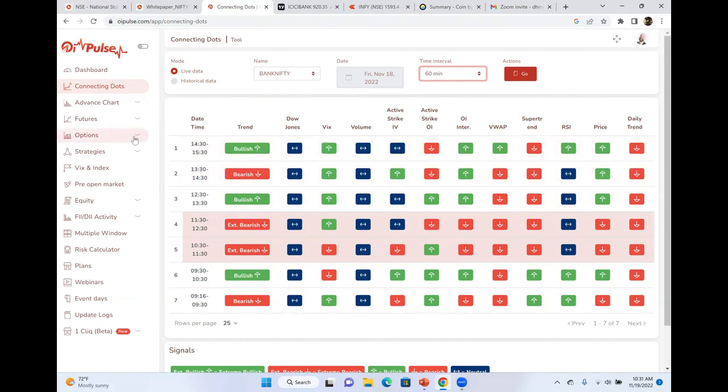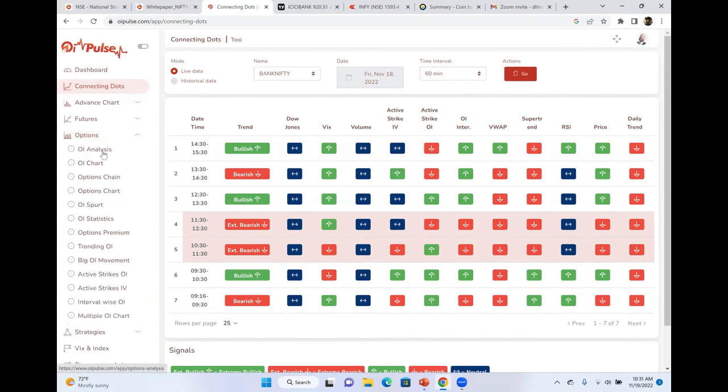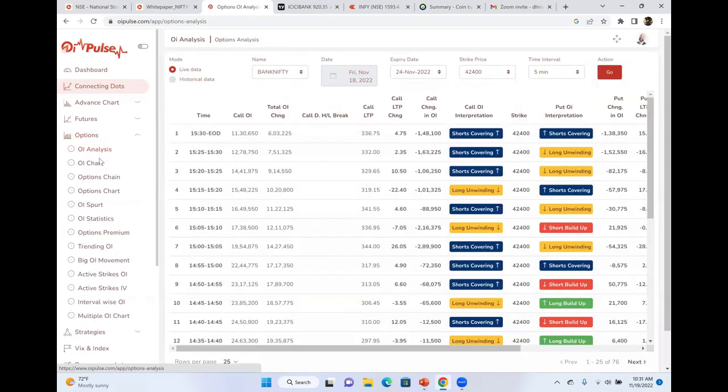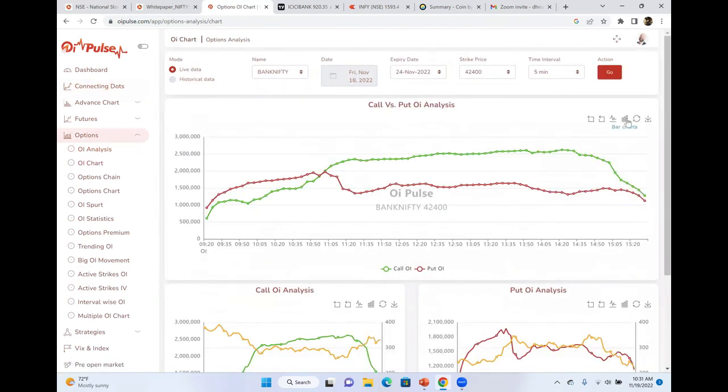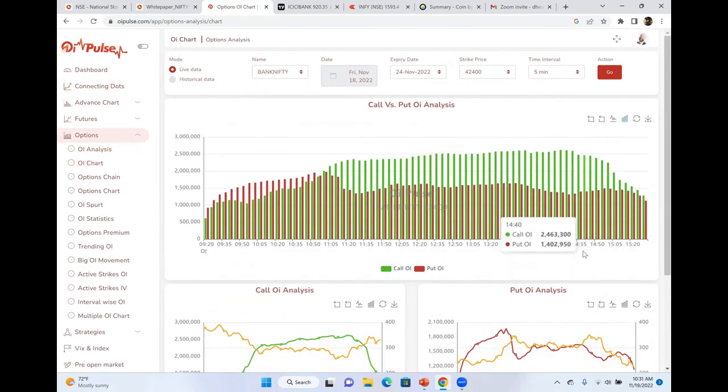changing your thing. And of course, there are many others, there is open interest analysis, the OI chart, which is how the number of contracts are moving, the call options and the put options and all those things. I'll talk in detail, don't worry about it. But this is just to show you this particular tool. One of the tools which I want to quickly show you